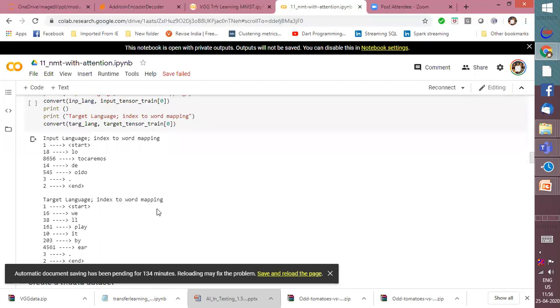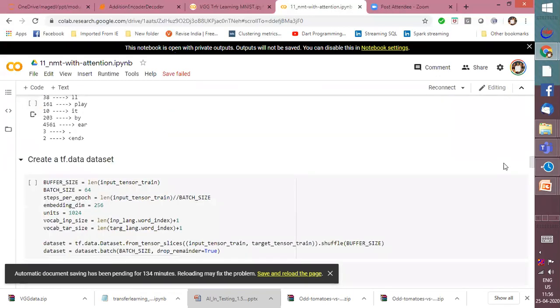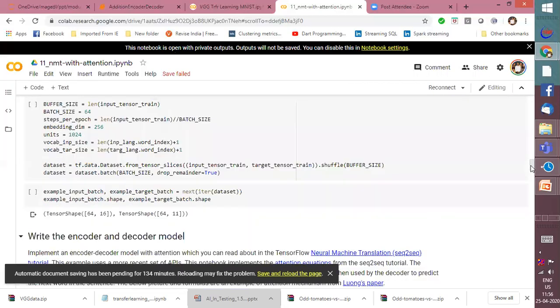So what you do is, you create the corresponding index for each word, so that you know at what position each word is. As I said, with all these models, when you involve text, you cannot work with pure text. You have to convert them to numbers. So we'll be using the positional index, or the word index, for each word as the input representing that word. And here we're developing the